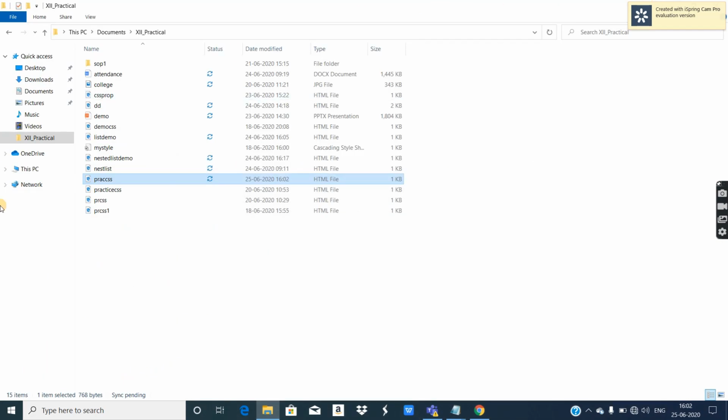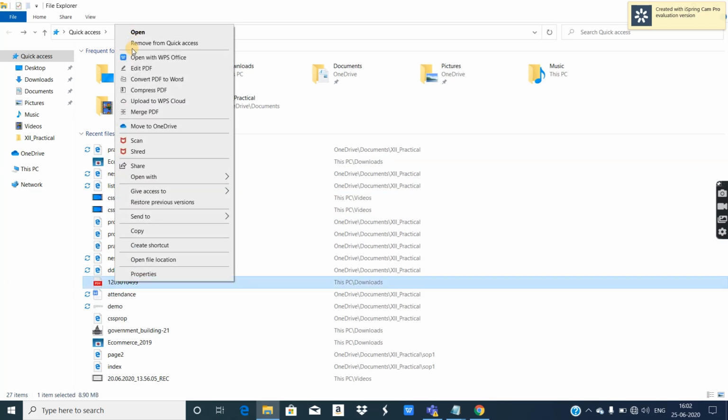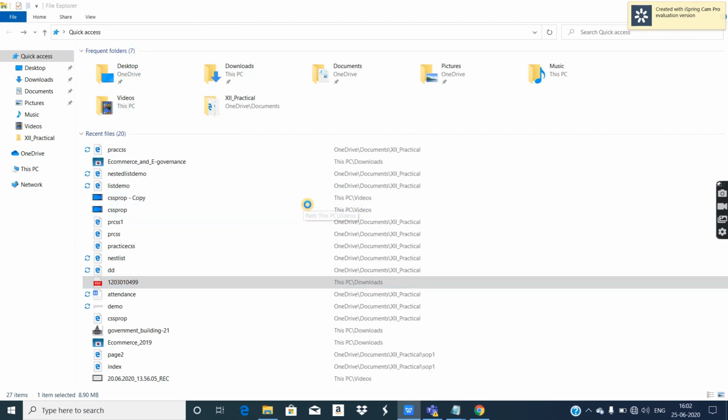Let's check. This is the PDF of textbook. I'll open quickly and I'll check whether I have explained all the properties.